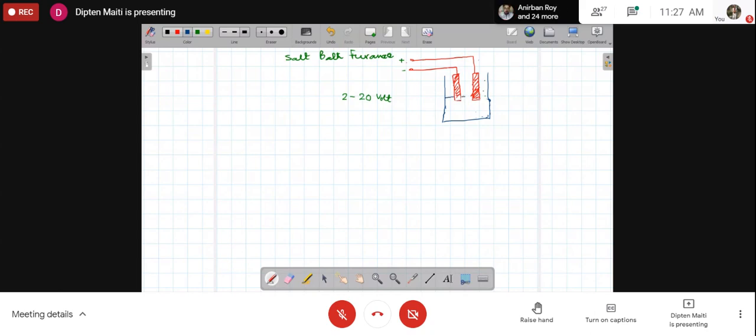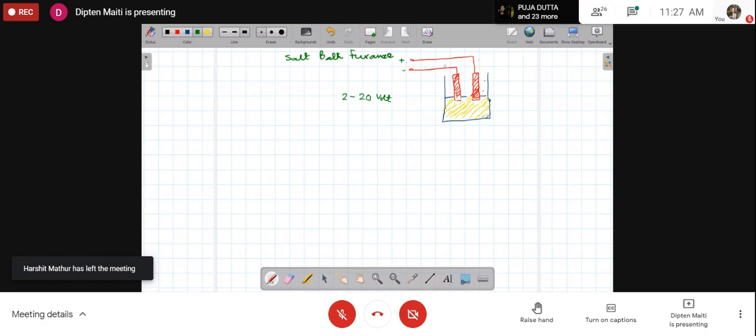So let me complete. The blue line over the top shows, for the timing, please consider as if the salt has melted. So there is the molten salt, the liquid salt. Some part of the electrode is controlled, and some part of the electrode is just below, touching the molten salt. Okay.